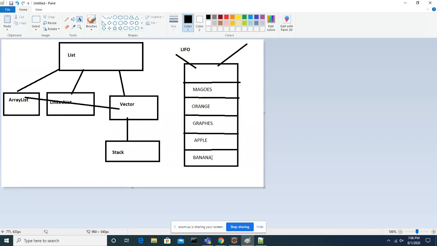If you want to get an element in a box, let's say one box is there, you keep all the things, and whichever you kept first, if you want to get it, you can get it only last. That is called last in, first out. What is lastly added? Mangoes. You can get it first itself.